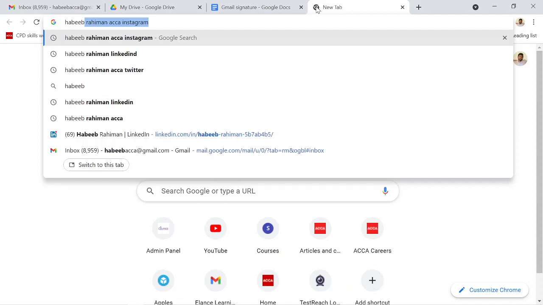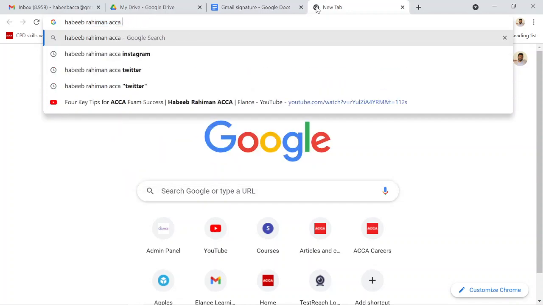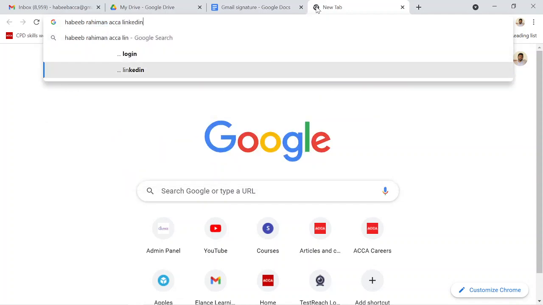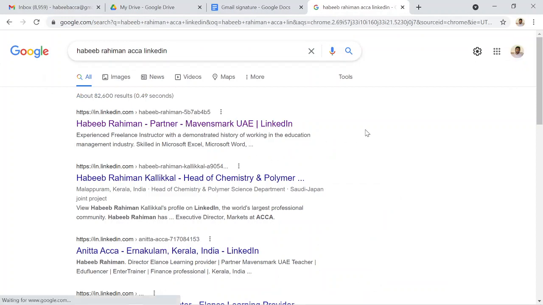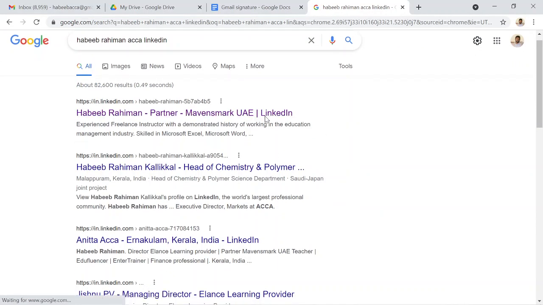So Habib Rahman ACCA LinkedIn. Since my students are already searching my name, it came up in the Google search engine. If yours is not showing in the Google search engine, do one thing: log into your LinkedIn account or Instagram account.